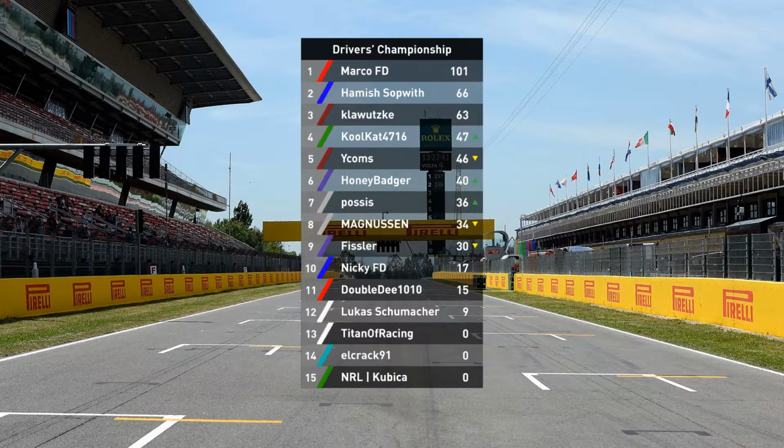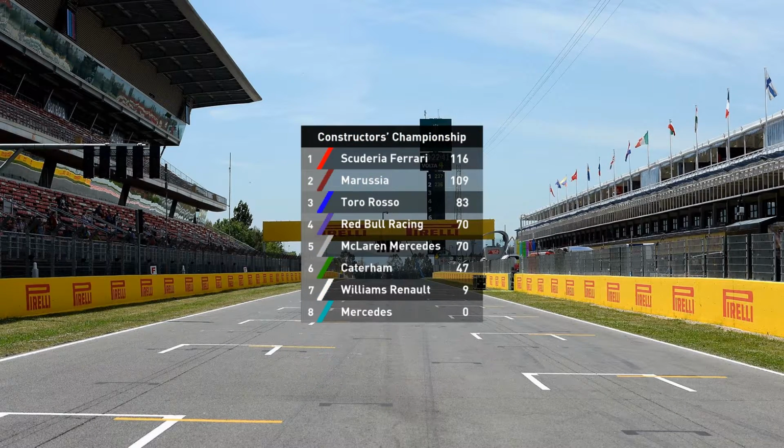Marco now has a massive lead over Hamish, over 35 points, I think. Klewitsky only 3 points behind Hamish now, which is good to see. Cool Cat overtaking us by 1 point. Honey Badger closing that gap a little bit. Posses also not too far behind, and Magnussen with 34 points in 8th. Fissler in 9th, Nicky, Double D still in 11th, and still Titan, Ilkrug and Kubica with no points this season so far. Constructors, we dropped a little bit back,